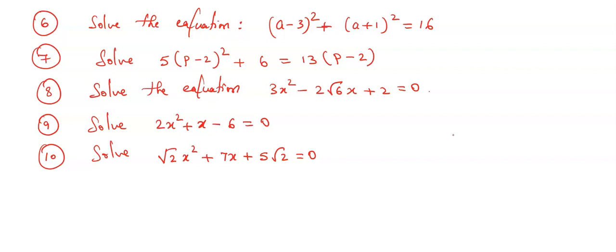So we have done all the varieties of problems related to this. One more sum is there, let me write that also. Solve 6x square minus x minus 2 equals 0. So these are the problems related to the factorization method. Statement based problems are still there, I'll be doing them later on. No need to worry. First I'm going to complete this method.